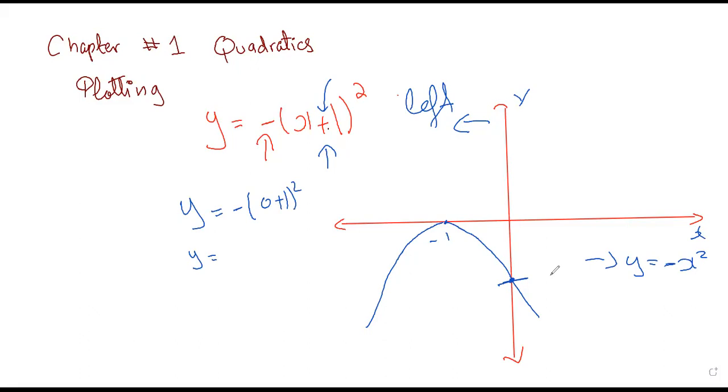So this was the equation. We have a negative sign here. Okay, Haris? I told you in the very beginning that the graph of y equals minus x squared would be